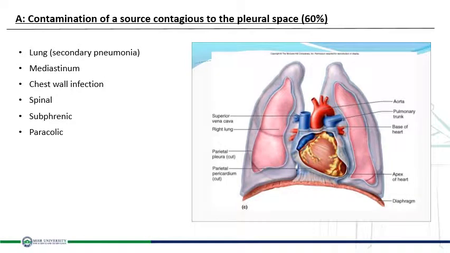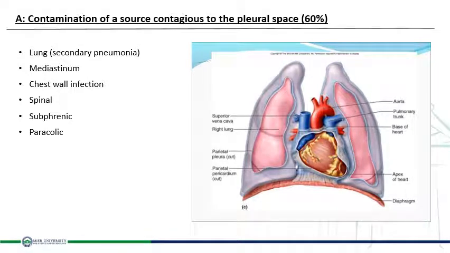Here you can see how contamination of a source contiguous to the pleural space occurs. First site is lung, secondary to pneumonia. Second is the mediastinum, which is a space between two lungs containing heart in the middle space, and thymus and lymph nodes anterior to heart, aorta, esophagus, and many other structures posterior to heart. Thus, for example, rupture of the esophagus will lead to leakage of saliva, food, and microbes into the pleural space and mediastinum. Third site is the chest wall infection, including rib